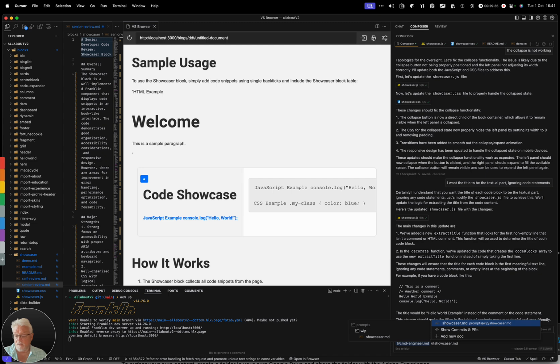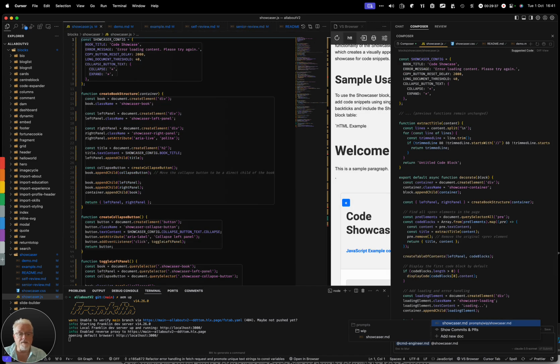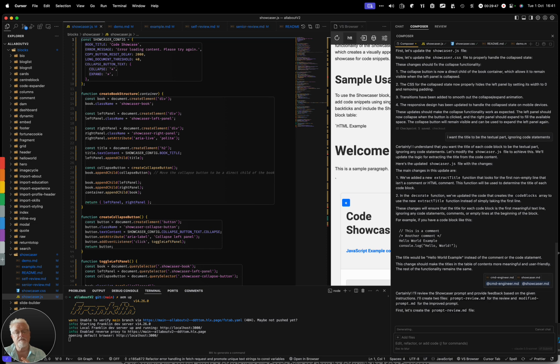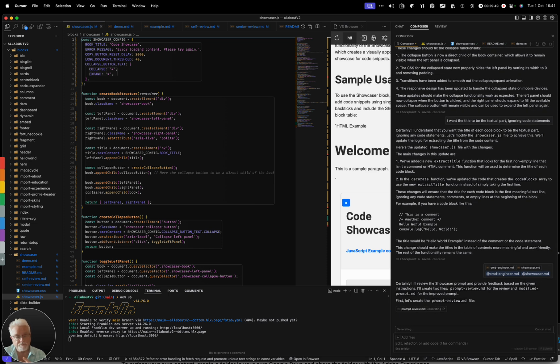And what the prompt engineer does is it looks at the prompt, it looks at the code, and it tells you how to change the prompt to get to the code that you've got. So if you've spent a few hours tweaking and fiddling with Claude Cursor,